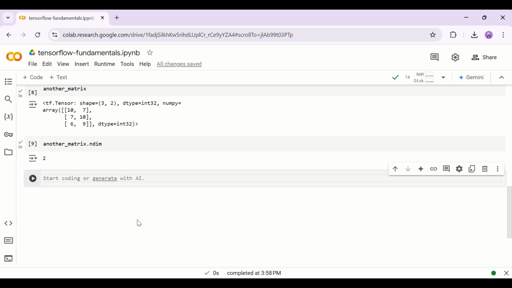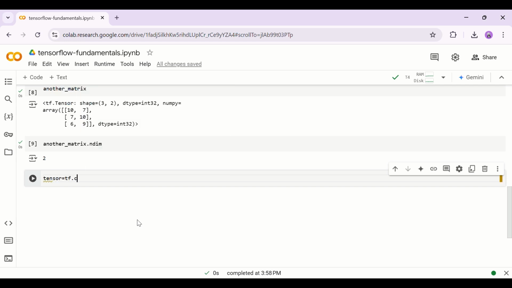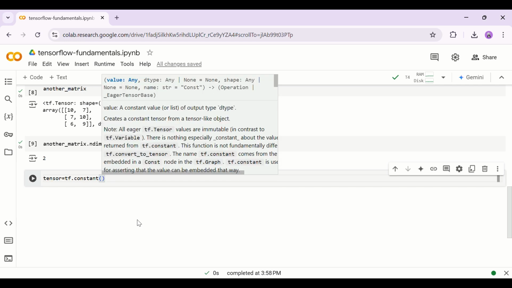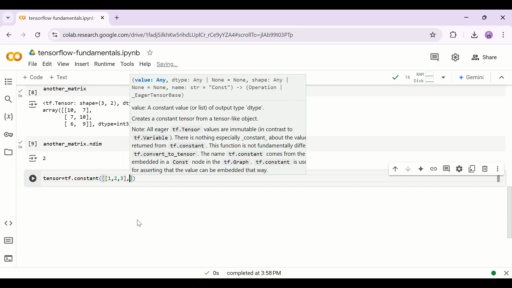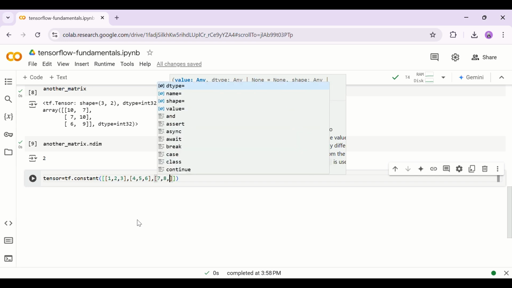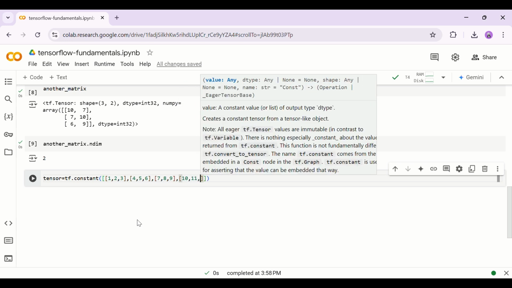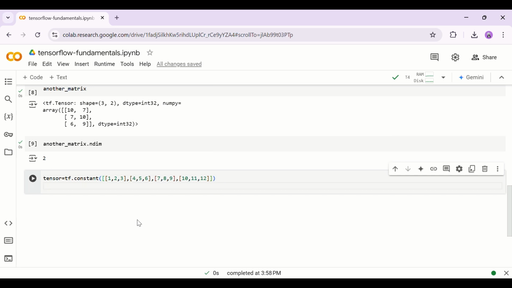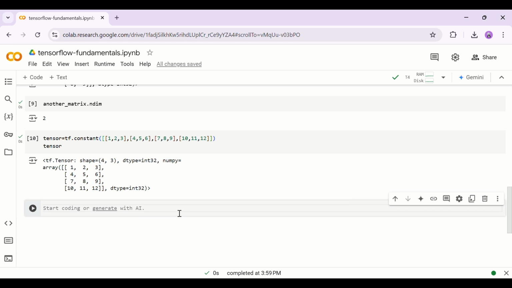So what would a tensor be? A tensor is more than 2 dimensions. Okay, so for the tensor, let's say it has tf.constant. Here what we can do is 1 comma 2 comma 3, 4 comma 5 comma 6, 7 comma 8 comma 9, and 10 comma 11 comma 12. All right, then we'll simply print our tensor. Yeah, so you see the shape is 4 comma 3. Now if we see its dimension, you'd have, oh, wait a minute,